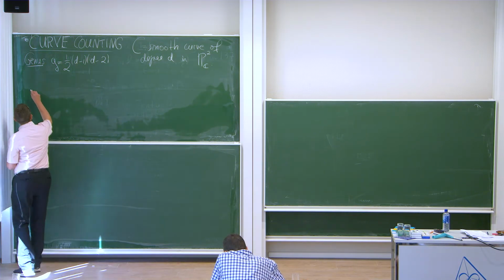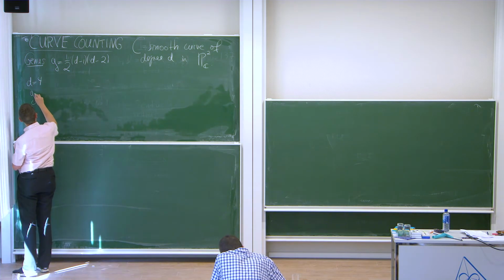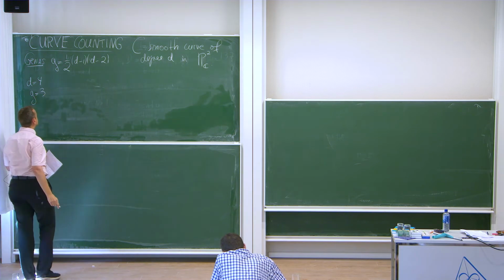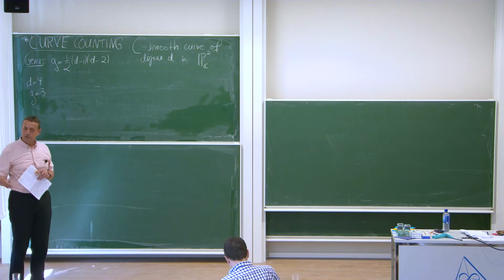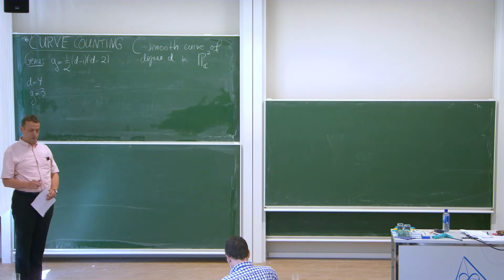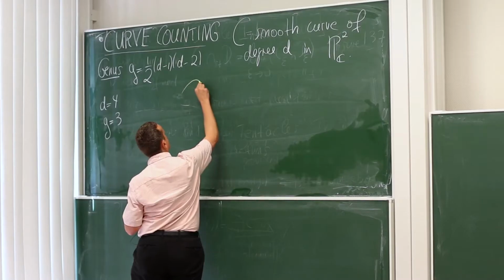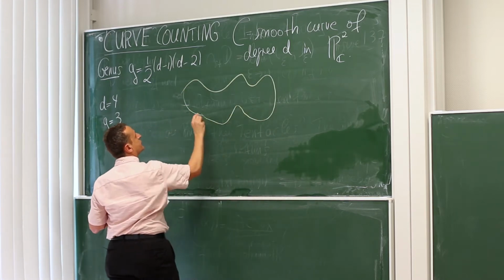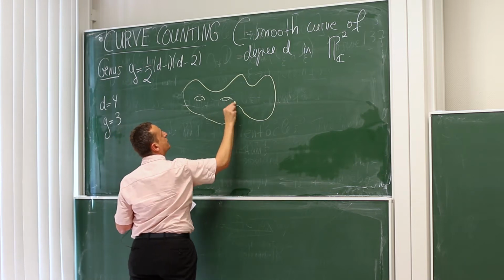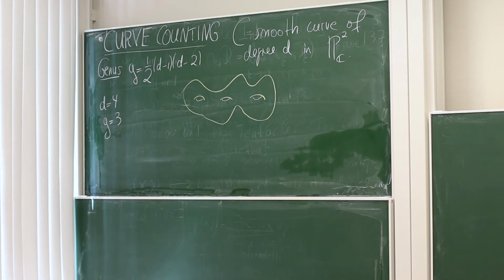Okay, now for illustration today, we're going to use the case d equals 4, in which case the genus is 3. So if you plug in d equals 4, a plane quartic curve is a genus 3 curve. It's a Riemann surface with 3 handles. So as a Riemann surface, maybe the picture looks like this. I'm not very good at drawing this. So 1, 2, 3 holes. So this is the picture of a genus 3 orientable surface,